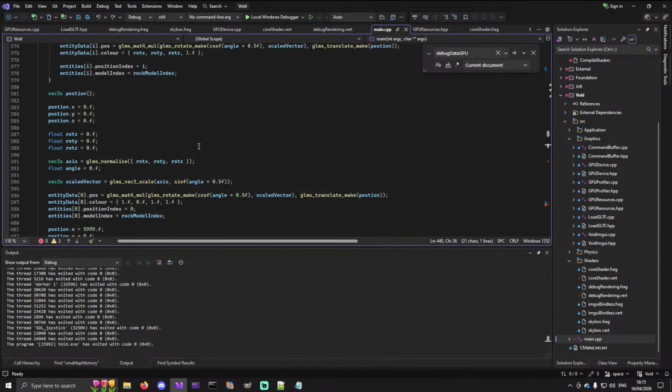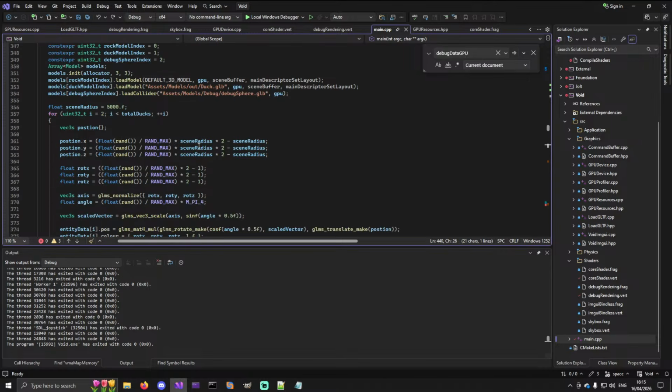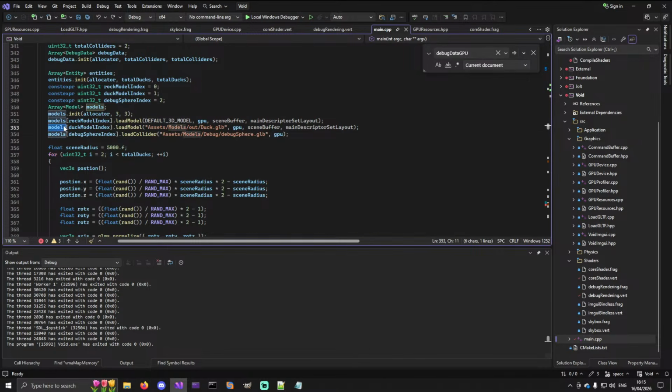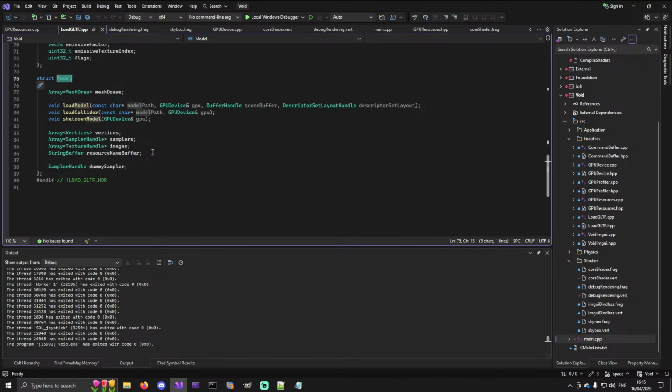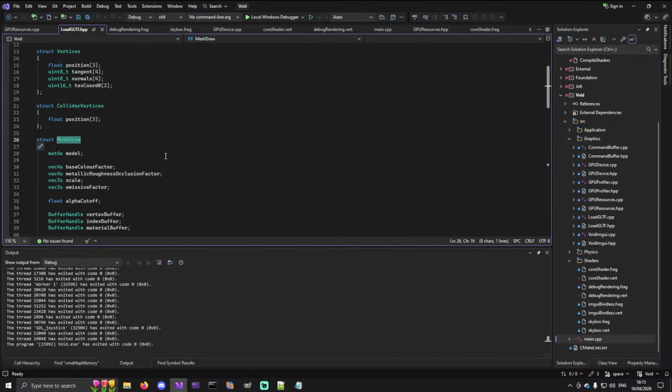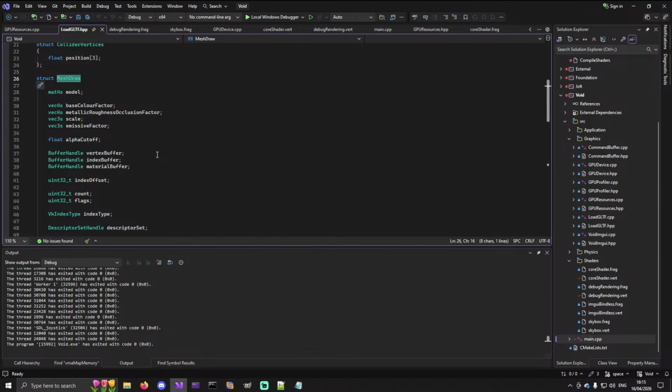Let me think. I think we do, because there's the actual model, and I think if we look inside here, we have mesh drawers, and we have these. Inside here we have, yes, this is what I want. I want that. But I don't know how to get it,